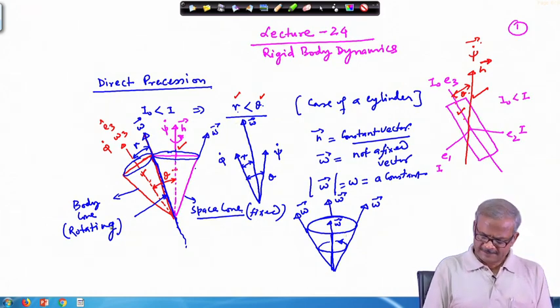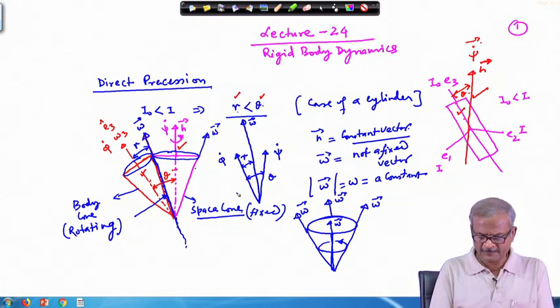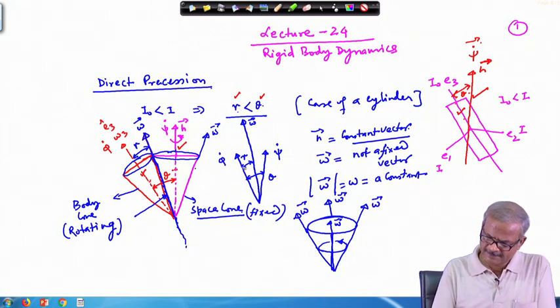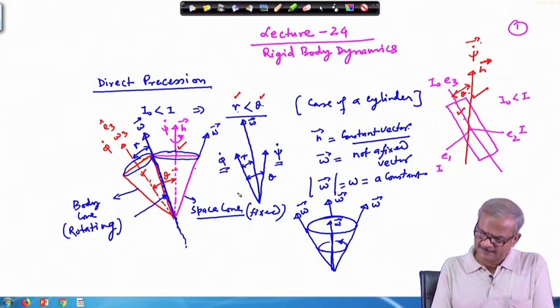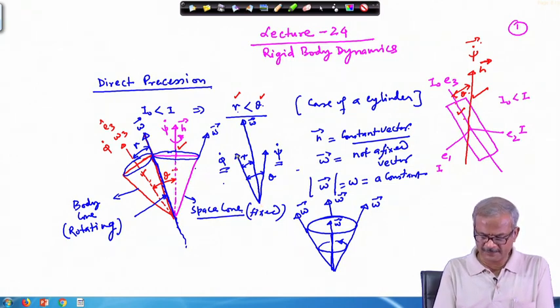So, this is direct precession, and in this case just by using the parallelogram rule you can see that. Why is it called direct precession? Because you can see that this and this are in the same direction, because gamma is smaller than theta. So, it has been accommodated like this. If gamma is larger than this, omega will go either on this side or on this side, and no longer will it be between these two. And if gamma is larger than theta, we have already seen that it is bound to be in the opposite direction.